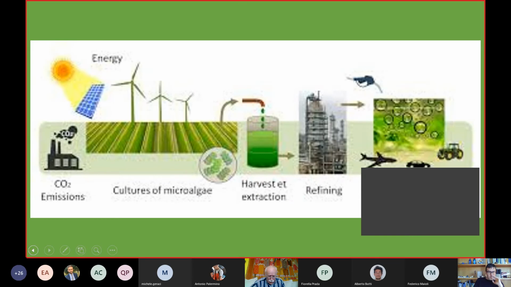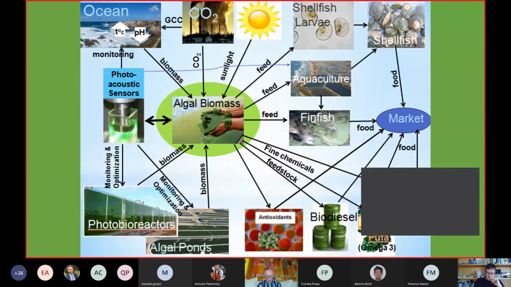And again, you can see how you combine solar and wind and CO2 to produce your algae, then refine, and then again the concept of producing biodiesel. By the way, both Exxon and Mobil, among the giants in the fuel industry, both of them have massive labs of algal culture. And here you have our vision of the same thing. You can see how the algae are grown and the stuff that you can get from the algae.